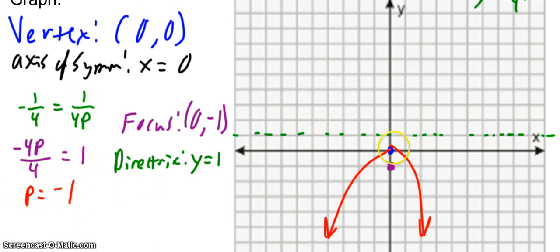Since it's negative, I know that the parabola is opening down. So from the vertex, I'm going to go down a distance of p. So (0, -1) is the focus. And from the vertex, I'm going to go up a distance of p, and that's going to be y = 1 is my